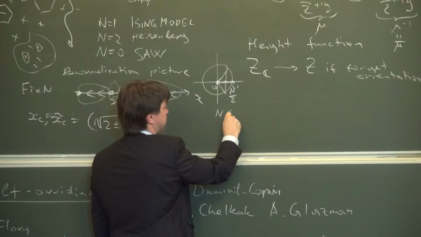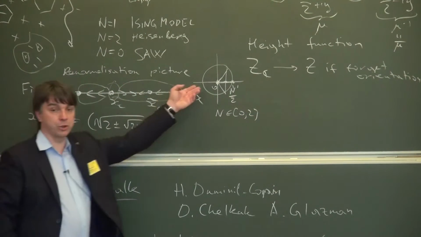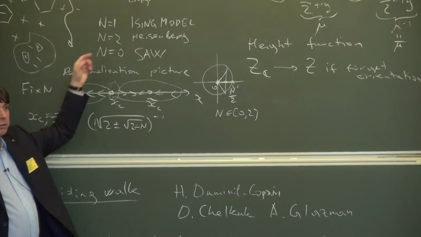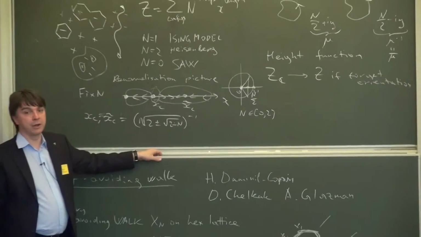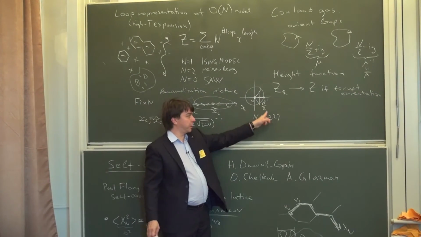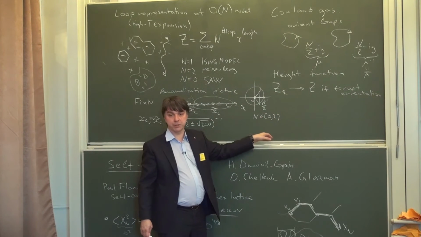So n is from 0 to 2. And for point 2, of course, there is no imaginary part. So the way it sort of manifests is that at n equal 2, for these models you have a first order phase transition for appropriate quantities. When n becomes larger than 2, you don't have a first order transition anymore, you have exponential decay of